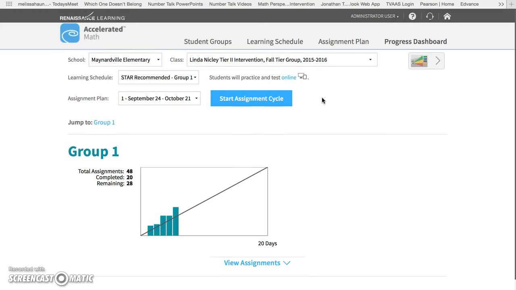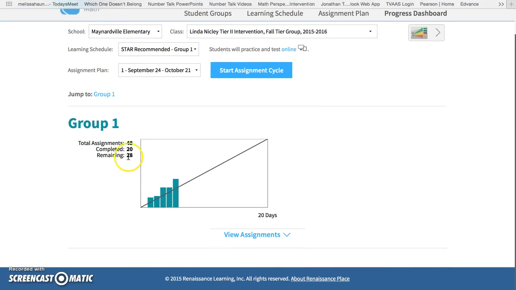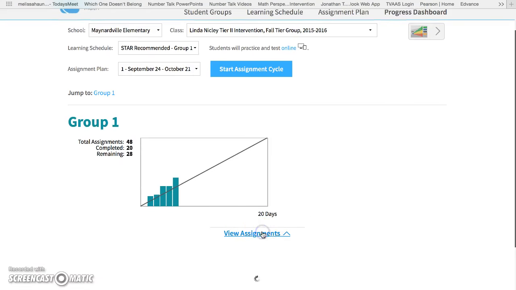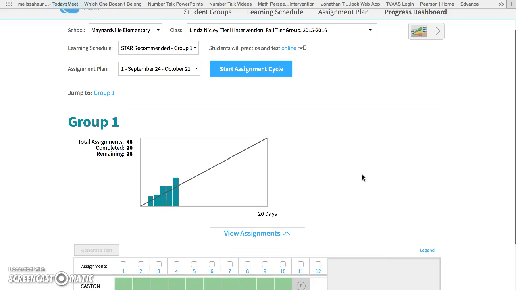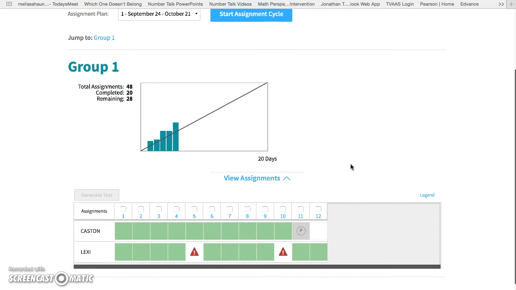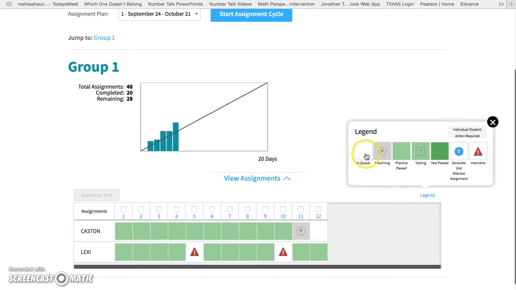Inside of the progress dashboard, we can see a lot of different information. We can see here this group had a total of 48 assignments, 28 remaining, 20 completed. You need to make sure you click on View Assignments. I pulled this example up because I knew we had several different options we could work with here. If you click the legend, it'll tell you that